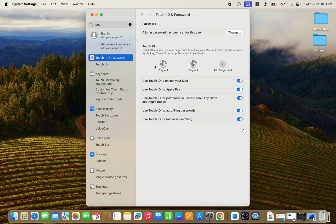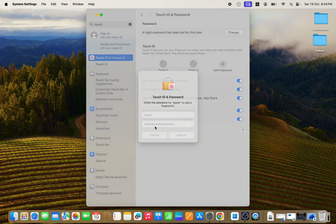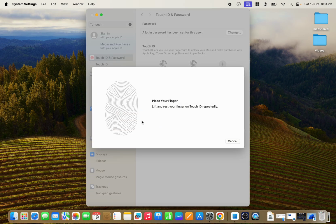Once you have opened that, I have already added two fingerprints here, so let me show you how you can add another one, or a new one. Just need to add finger. Okay, now put the password here, the admin password. Once you enter the admin password, place your fingerprint on your laptop like this